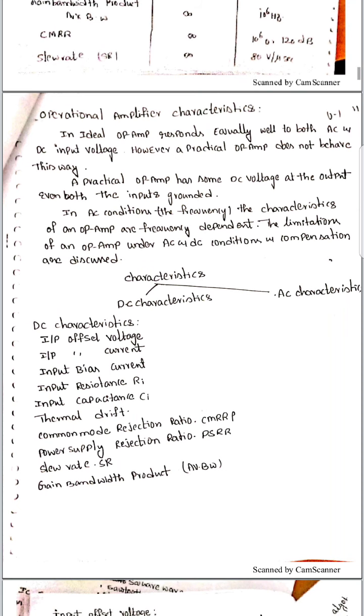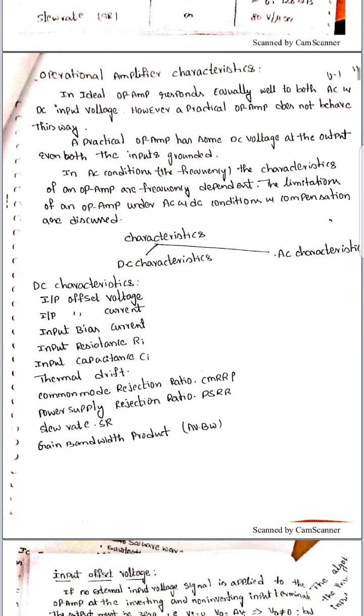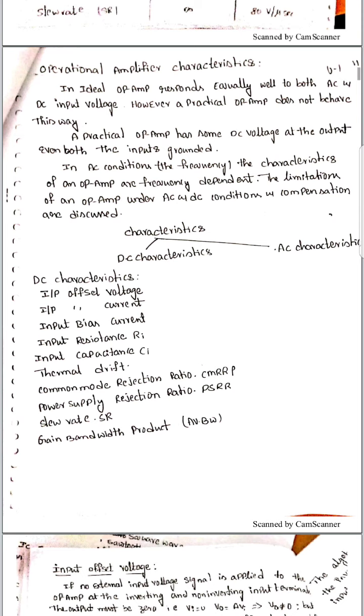Now operational amplifier characteristics. An ideal op-amp responds equally well to both AC and DC input voltage. However, a practical op-amp does not behave this way. A practical op-amp has some DC voltages at the output even when both the inputs are grounded. In AC conditions, the characteristics of the op-amp are frequency dependent. The limitations of op-amp under AC and DC conditions